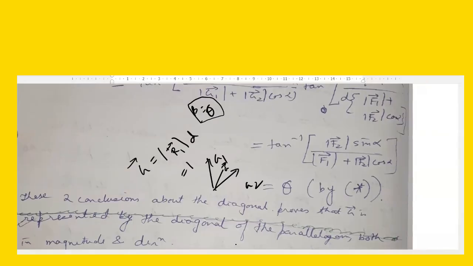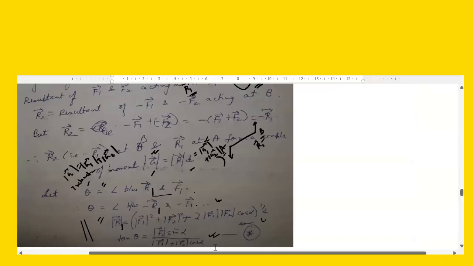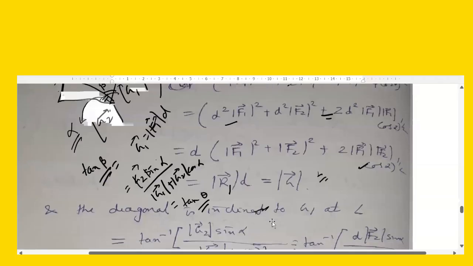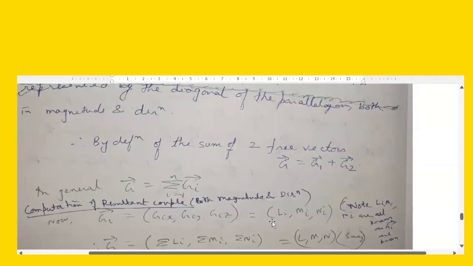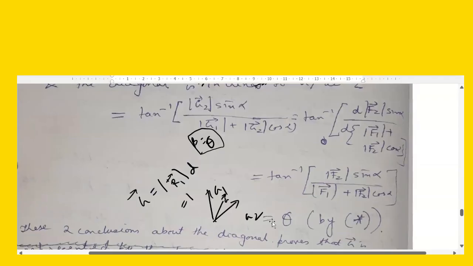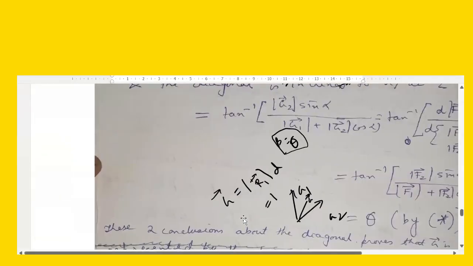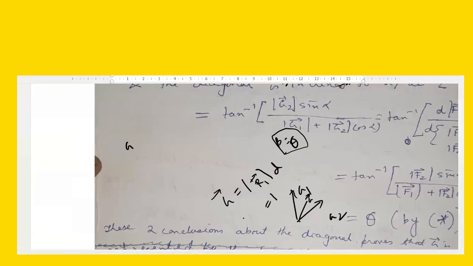R1 we have already calculated above, so you can simply plug it into this formula. So G is equal to root over F1 square plus F2 square plus